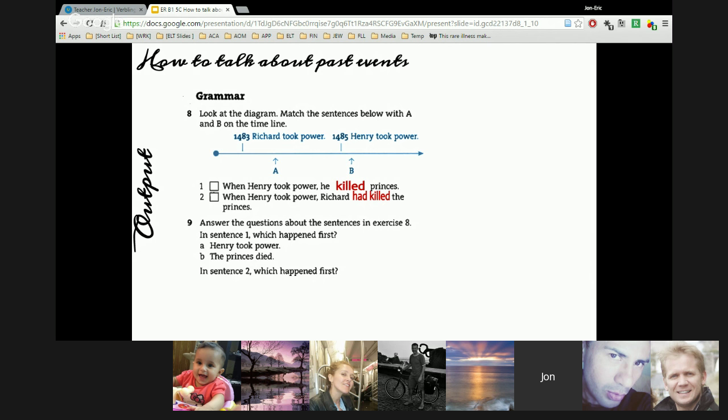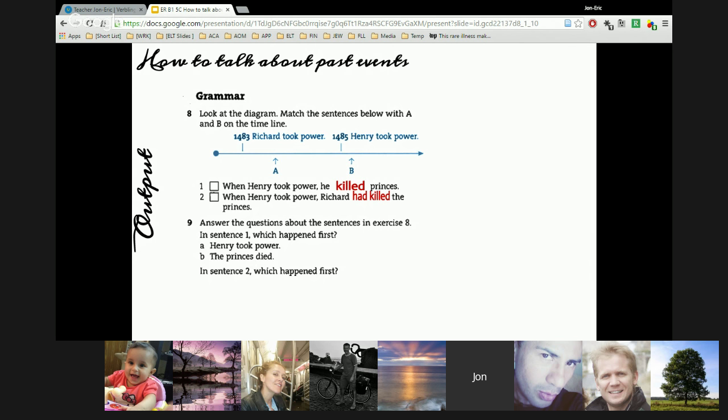Because this is past perfect, and past perfect will come in... So what do you think, A or B? Right? And I think we have it is if it is up past